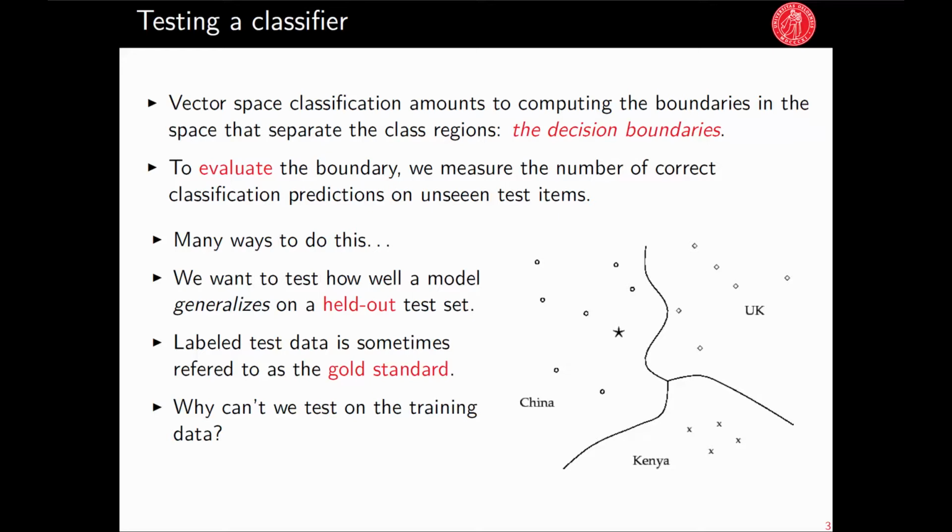So if we didn't have a held out test set, try to imagine what would happen if we trained the KNN classifier, for example, for k equals 1, so a one nearest neighbor classifier, and then we just took the training data and gave that to the classifier. What would be the result? Can anyone immediately see the outcome? Very good. Yeah, it would be perfect, basically, because